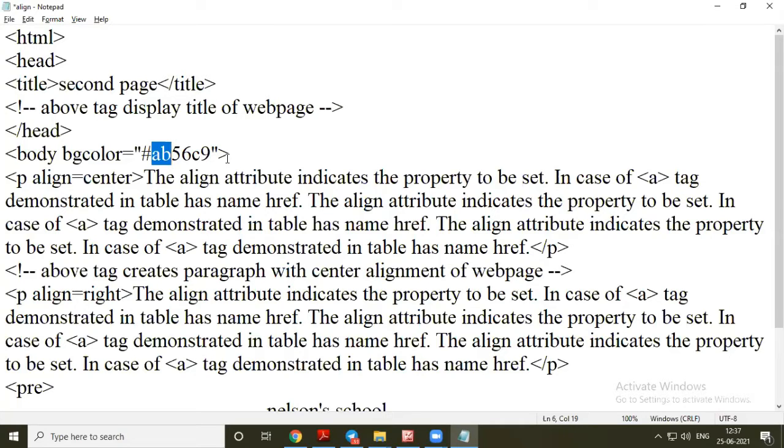Okay, so this is the first group of first and second symbol. So AB is the value of red color, that is for red. Okay, that is first, second. Then this third and fourth, that is for green color.